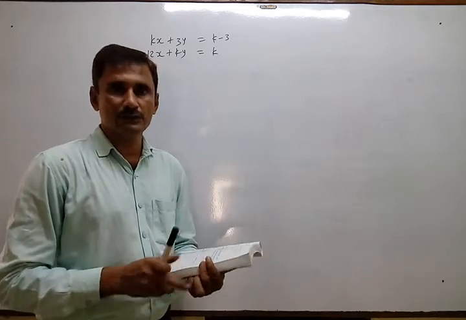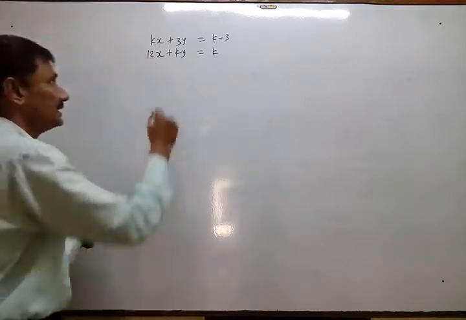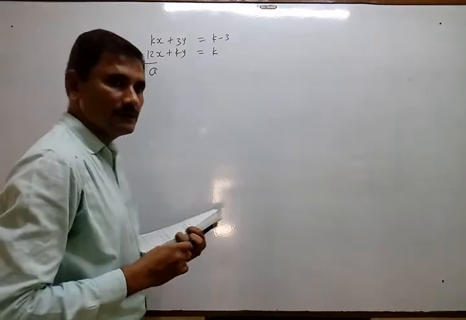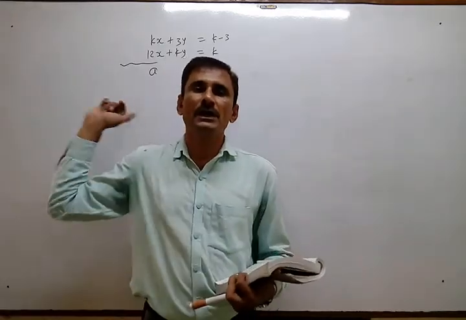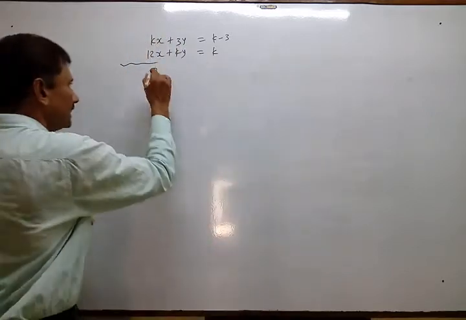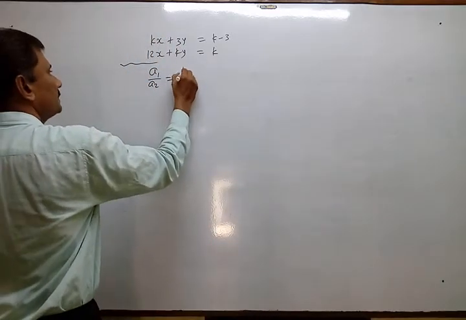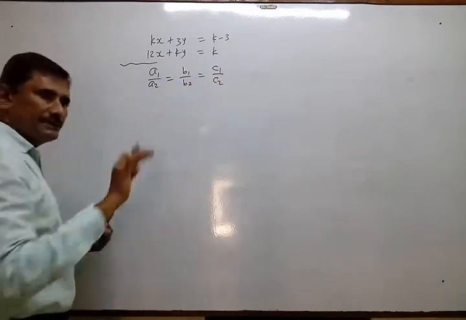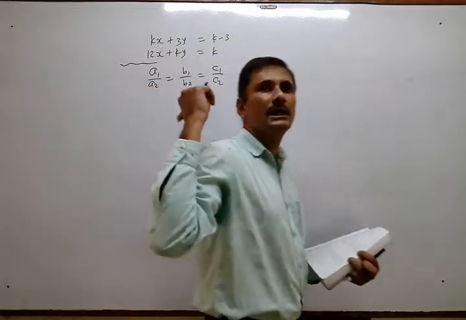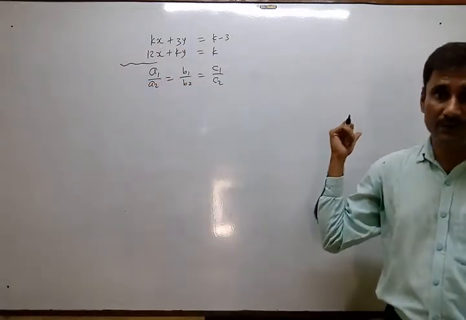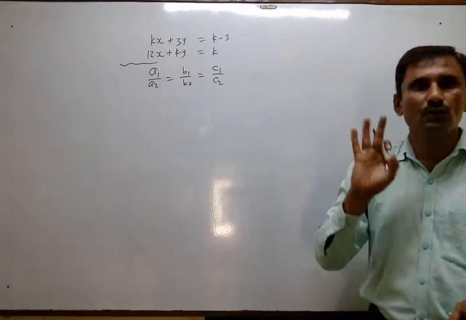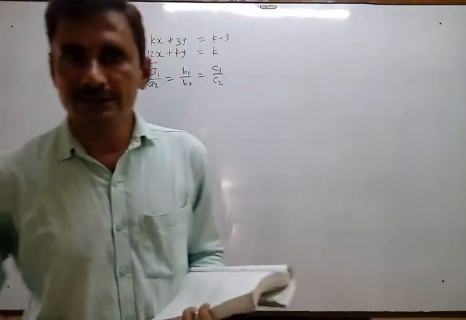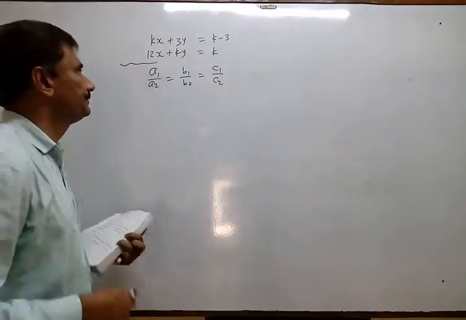This same sum is already solved in the exercise. So the condition will be this. Write down your statement that the pair of linear equations should have infinitely many solutions. Therefore, a1 upon a2 is equal to b1 upon b2 is equal to c1 upon c2. That is the condition of coincident lines or infinitely many solutions. You have to remember that. Very, very important. All three conditions are there, and most MCQs are based on this one.